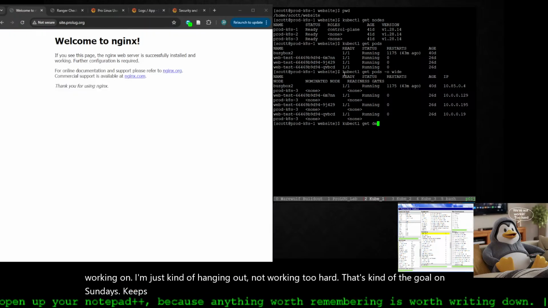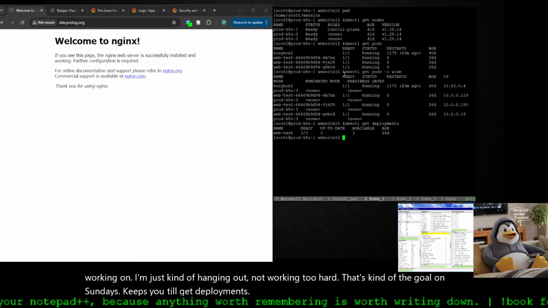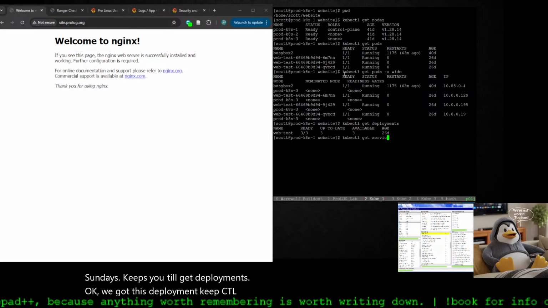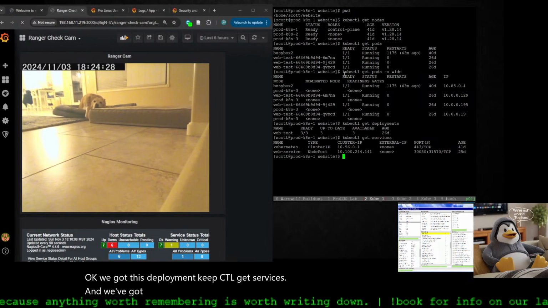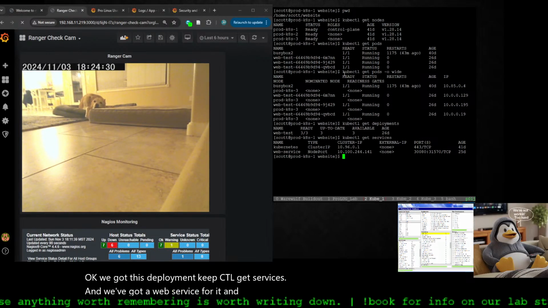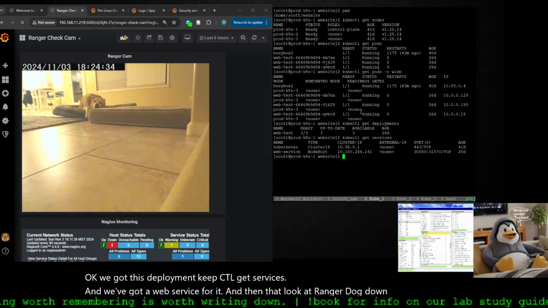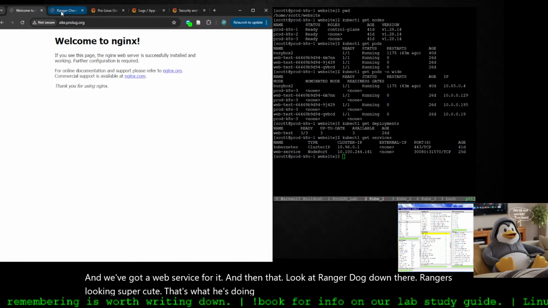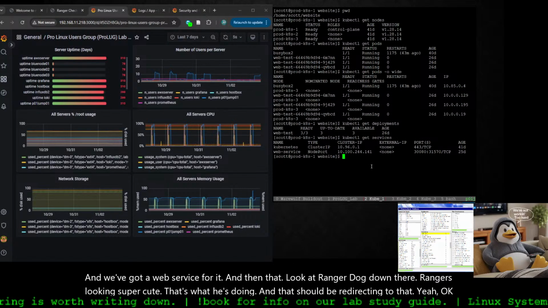kubectl get deployments. Okay, so we got this deployment, kubectl get services, and we've got a web service for it, and that should be redirecting to that. Oh, look at Ranger Dog down there. Ranger's looking super cute. That's what he's doing. Yeah, okay. So what I need to do is I